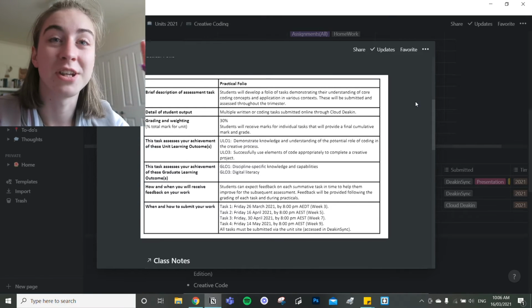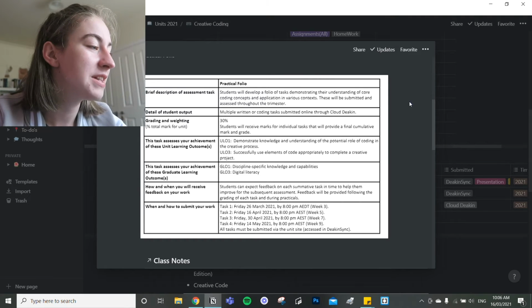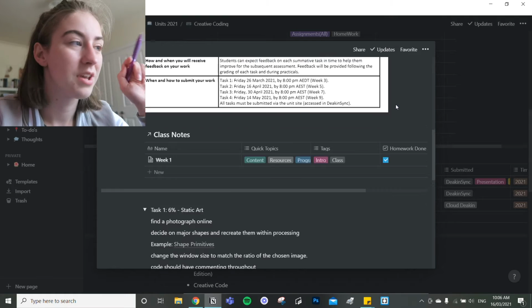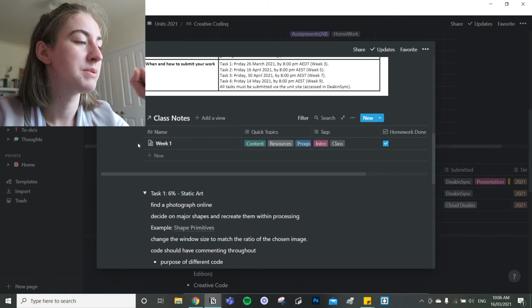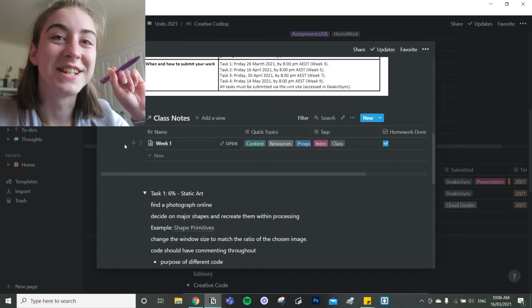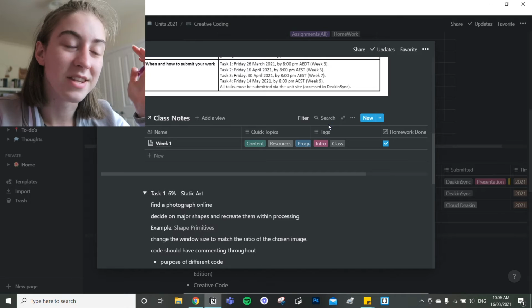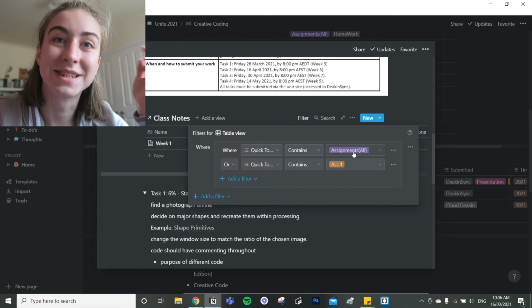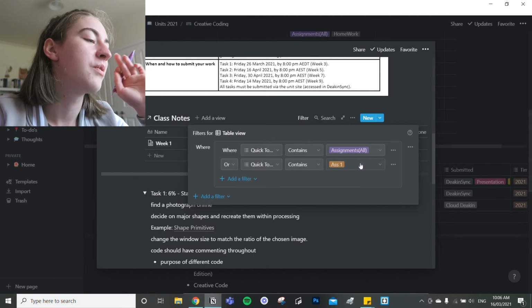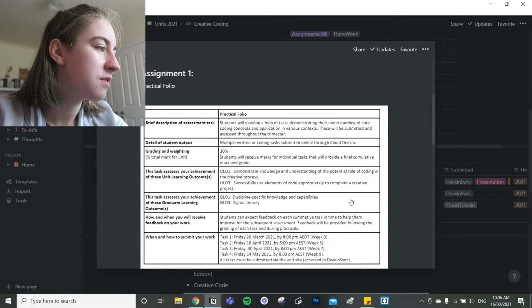So this is all the information on that. And then if we come down here, you can see that I have linked my class notes to this specific assignment, but I've also filtered it again to show assignments all and assignments 1, because this is assignment 1. And so when I'm working on this assignment, I can open up this page, see all of the things that I have.